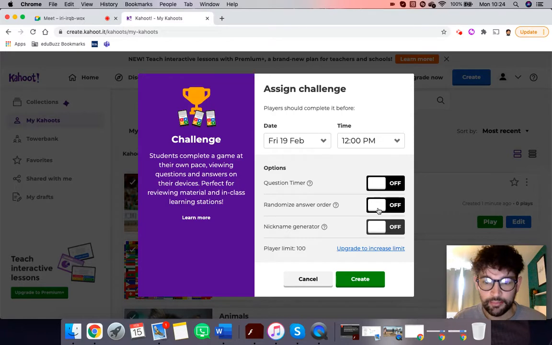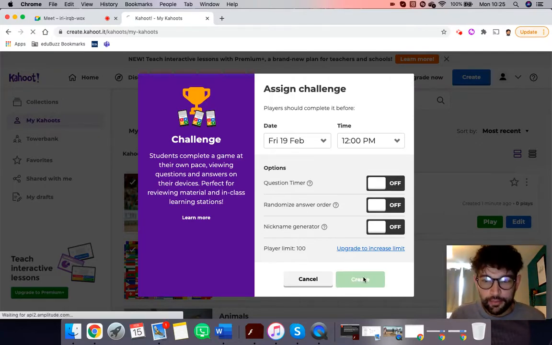You can randomize the question order or the answer order, which means if you put in 1, 2, 3, 4, Kahoot will just regenerate them for every pupil. And you can also put in a nickname generator, which means pupils don't have to guess a nickname, it just gives it for them. Okay. Once you hit create, if you're happy with all the settings,